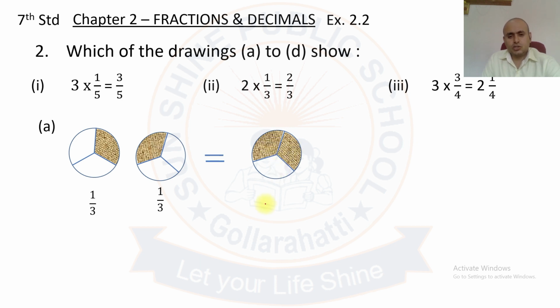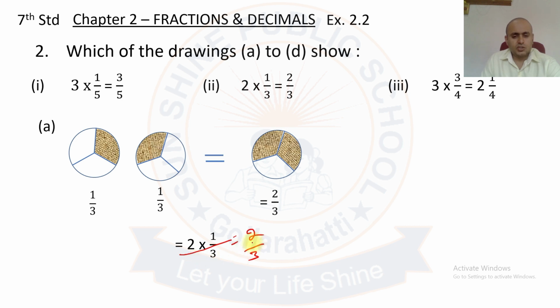That is written as 2 by 3. So 1 by 3 and 1 by 3 2 times ಇರೋದ್ರಿಂದ we can multiply these two. That is 2 into 1 by 3. 2 into 1 by 3 gives answer as 2 by 3 because when you multiply numerator and denominator, 2 ones are 2 and denominator as 3.